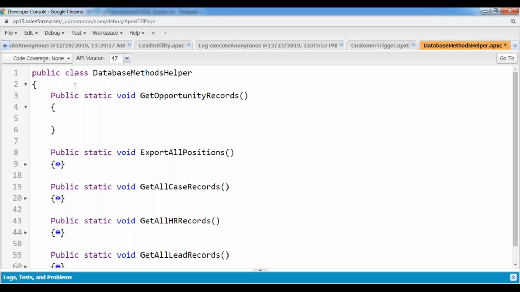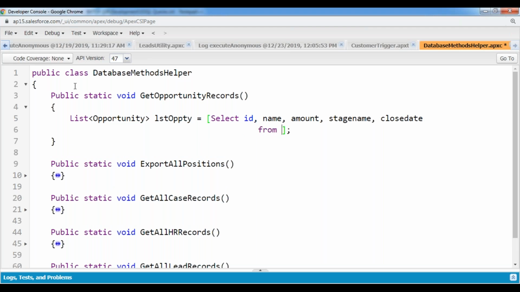How can we get these records now? List of what? Opportunity. List opt equals to, I want to fetch the data. Now select Id of the opportunity, Name, Amount, StageName, column name is StageName. Okay, now the CloseDate from Opportunity. Now tell me,